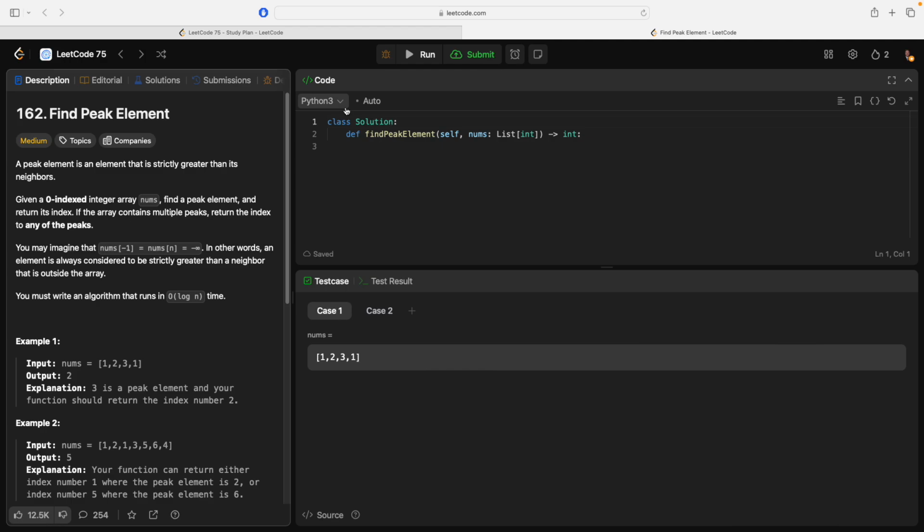Find peak element. A peak element is an element that is strictly greater than its neighbors. Given a zero-indexed integer array nums, find a peak element and return its index. If the array contains multiple peaks, return the index to any of the peaks. You may imagine that